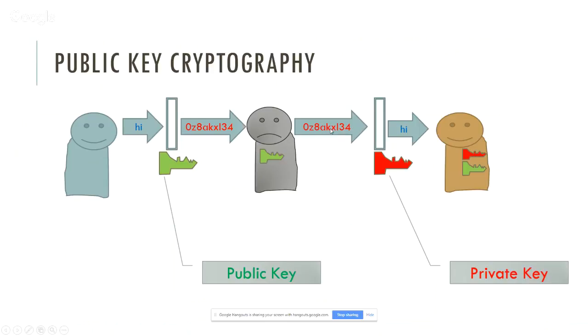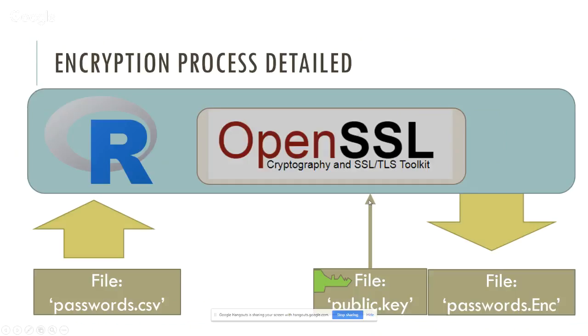An adversary can well receive this information as well, but without this private key, it's not possible to decrypt it. What we'll be doing today, we'll be using R. We will take a text object, for example, a persistently written file with the passwords, and we will send this file